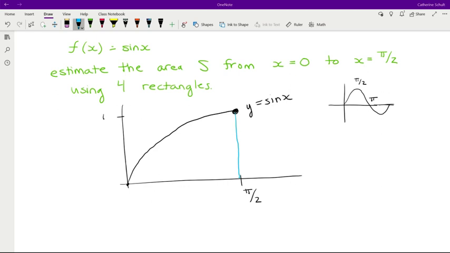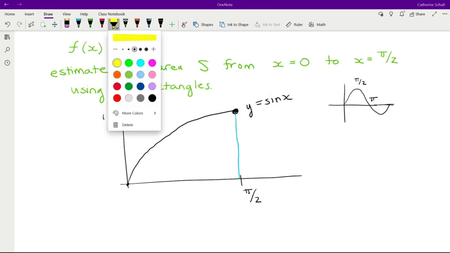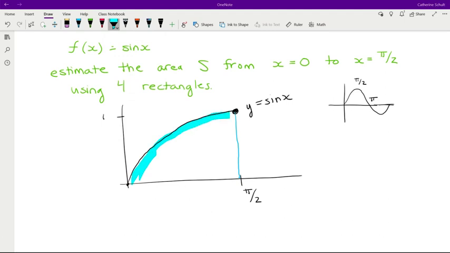We want to find this area under the curve above the x-axis. All right, so a similar thing of how we solved it before. And we're calling that S. So to approximate S, we're going to use 4 rectangles. How we create the rectangles, we can create them in different ways. How I'm going to create them right now, so we can get something systematic and get some formulas going,